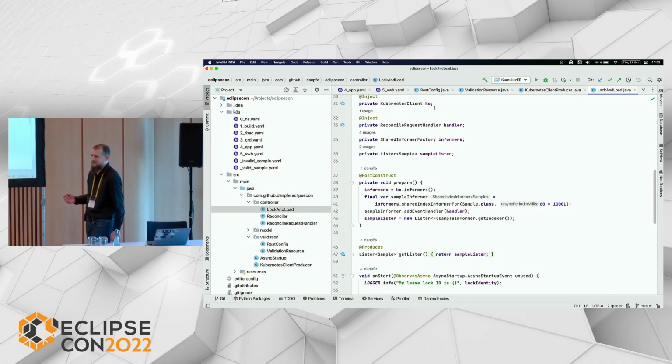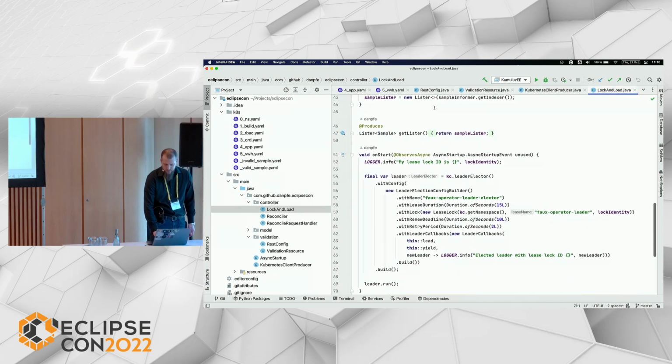It's basically a cache. It's a watcher and a cache. It will watch all the changes, all the events, for example, on a pod or a sample, and fill up a cache where we can then later check, okay, what has changed? How does the pod look now? How does the sample look now? Et cetera, et cetera. And the reason why we do this is we don't want to put too much strain on the API server. We are simply watching for events. We are keeping whatever we have to reconcile around, so we don't constantly have to ask Kubernetes, okay, sample get, sample get, sample get, sample get.